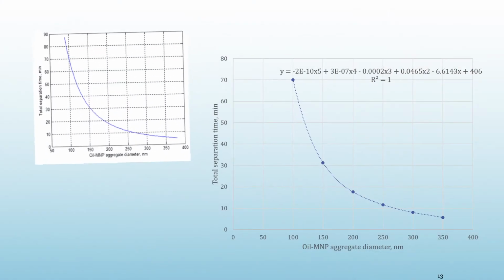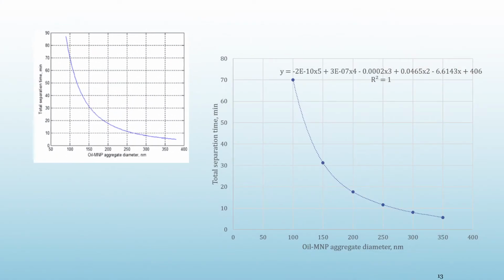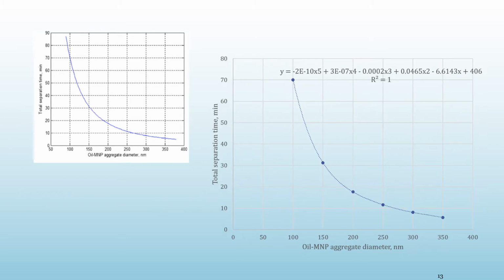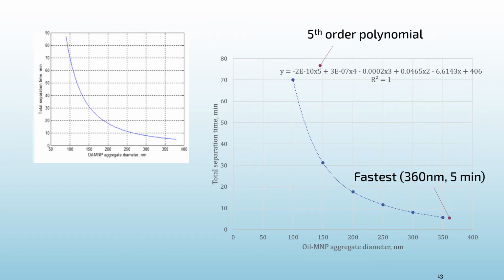The graph on the left-hand side is picked out from the article we found, which shows the relationship between total separation time and oil magnetic nanoparticle aggregate diameter. After plotting the same graph in Excel, the graph gives a fifth order polynomial. The fastest total separation time is 5 minutes, when the size of the oil magnetic nanoparticle aggregate reaches a diameter